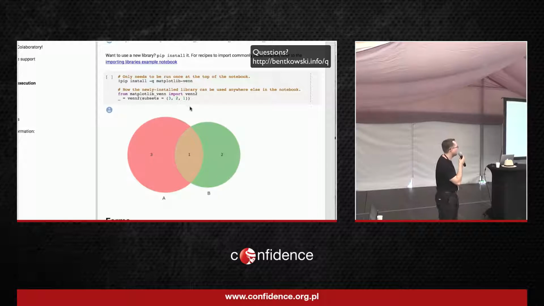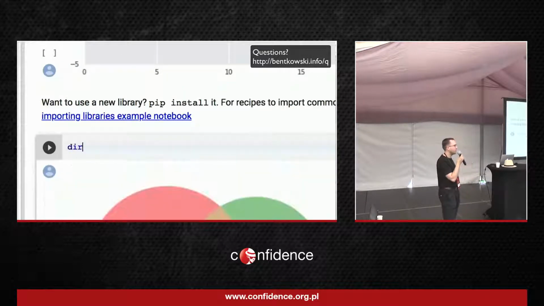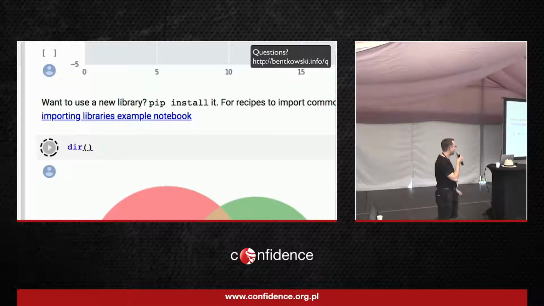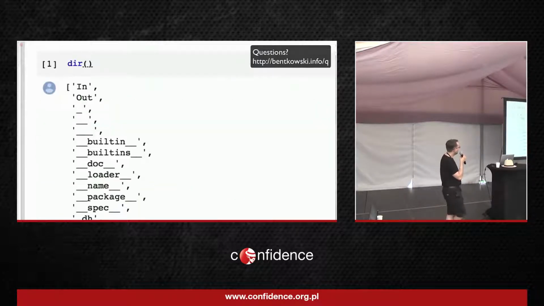So what I was interested in here in the first place was the Python code. I can execute a Python code, and it gets executed immediately. So it looks pretty interesting. So I use the typical Python function called dir, which shows me what objects can be seen in the current scope. So I execute the dir. It takes a little while. And then we will see that the code was actually executed.